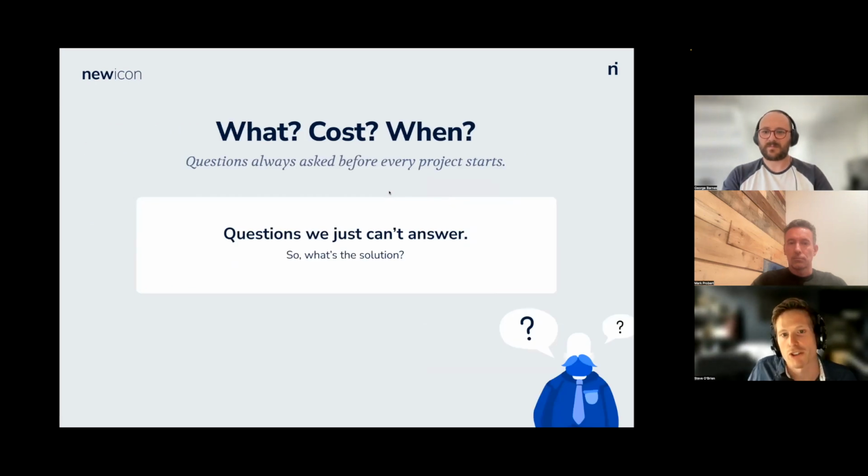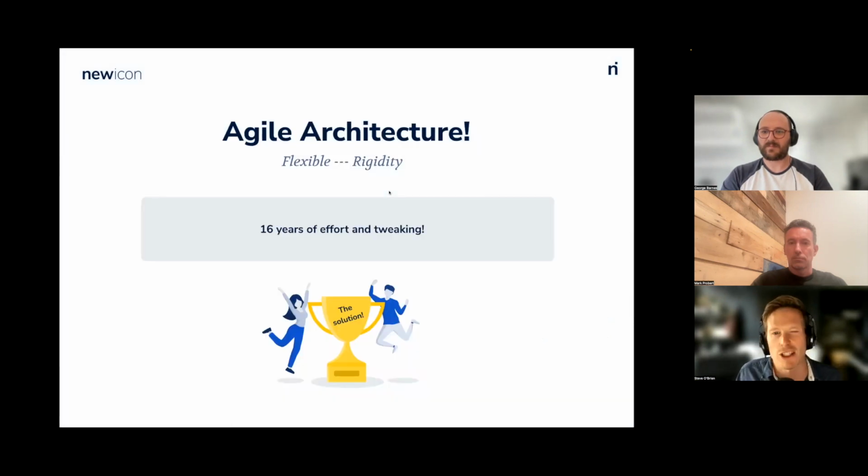So the two extremes are painful because we still really need to know when, and cost, and we need some certainty around that. We need to know where to start the project. And that comes to Agile Architecture, a commercial introduction to Agile Architecture and what we do. We call it Agile Architecture because it's like flexible rigidity. It tries to embrace flexibility whilst also putting some rigor and structure, and also be very honest about when things are uncertain and when they're not, as opposed to pulling numbers out of the sky.